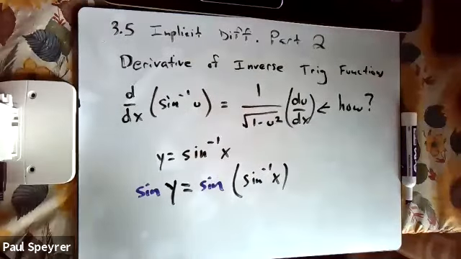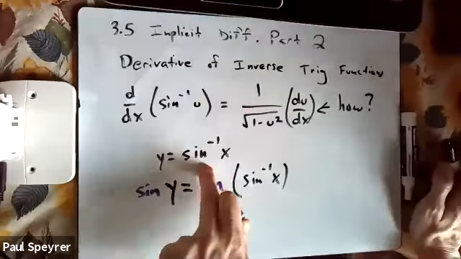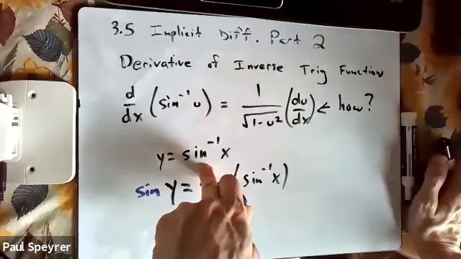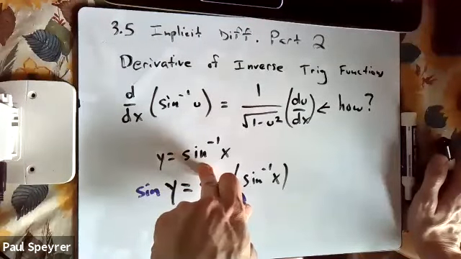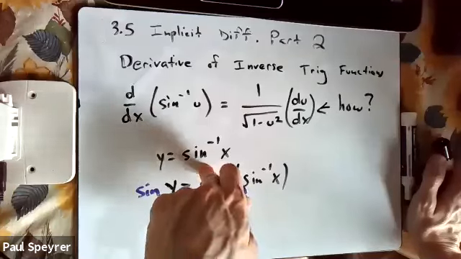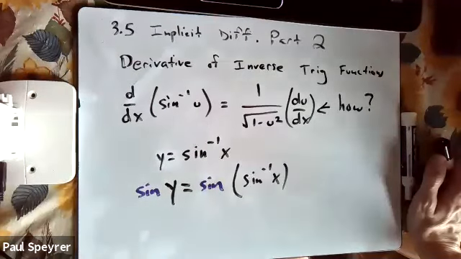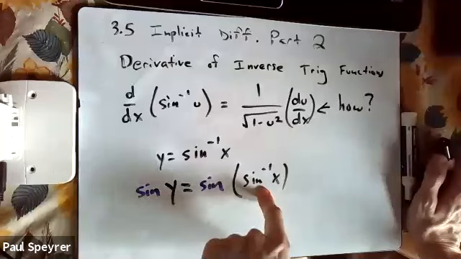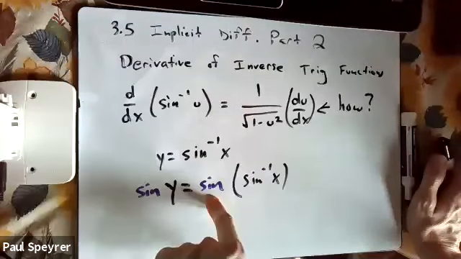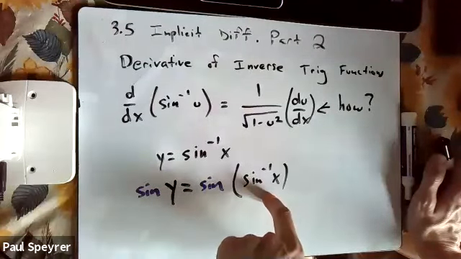Now, why do we do that right there? Because we're trying to undo arc sine. We're basically trying to get rid of arc sine. Well, how do you get rid of arc of any kind of trig function? You do its opposite. So the opposite of arc sine is taking the sine of something,